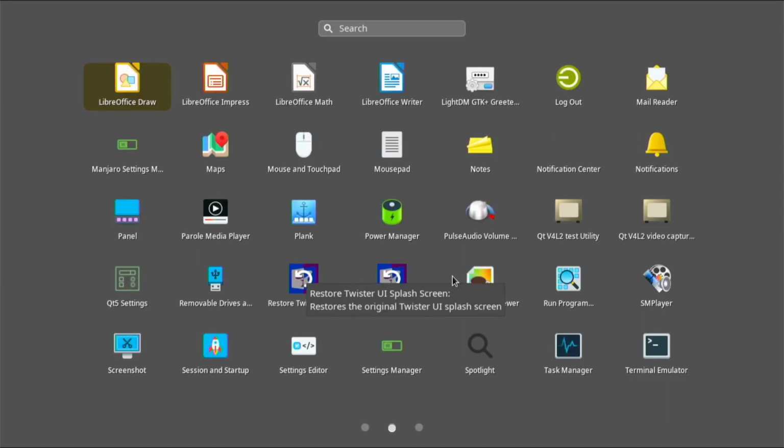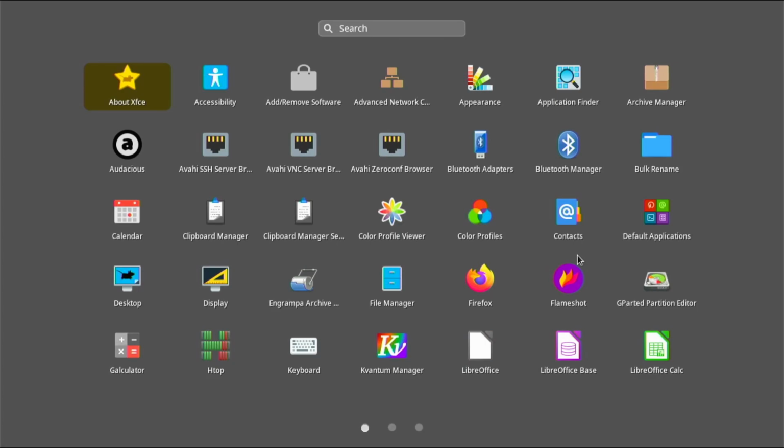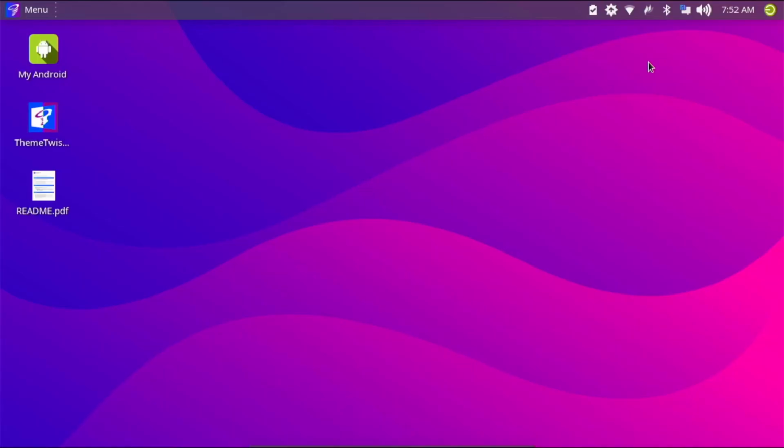Wait, we have this other app right here, this other page right here. We have some different things like that. But overall, is there Discord? There's no Discord. Is there Chromium? There's no Chromium. Some applications that you might expect on normal TwisterOS aren't going to be available on here,